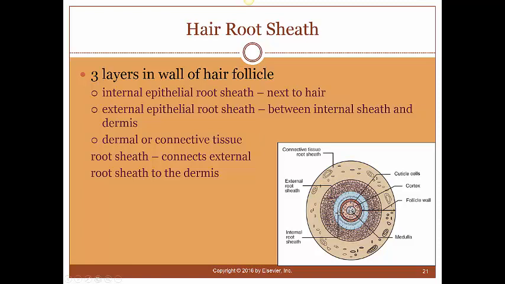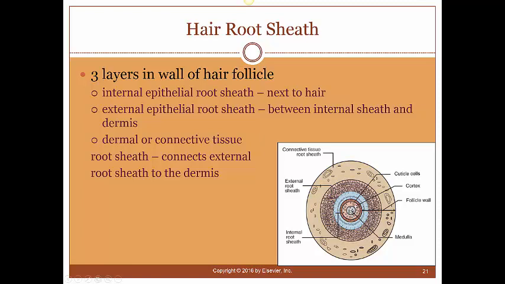And then the blue right here is the internal root sheath, so it's right next to the hair. Next we have the external root sheath, which is epithelial, and it's actually the thickest, and it's going to be right next to the dermal layer right here, and then we have our dermal connective tissue. And the main thing that the root sheath does is it gives a way for the hair to actually grow